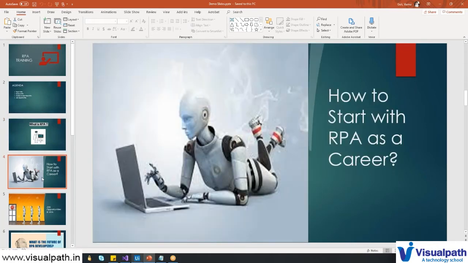So how to start? Any doubts so far? No. Okay. So how to start with RPA as a career? There are different points here. Once I complete my graduation as a complete fresher and I don't know what to do. And second, people who already have at least 2, 4, 5 years of experience with some other technologies, and some of their friends are doing this RPA. Now they want to move to RPA and see how feasible it is for them. So there are different kinds of scenarios where they want to join this RPA session.